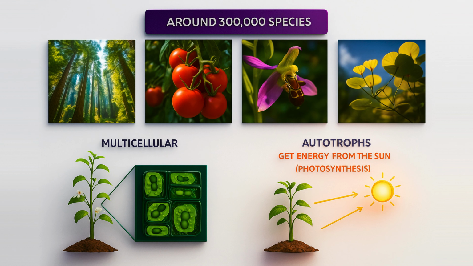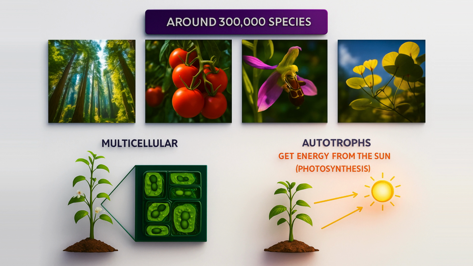Moving on to plants, this kingdom includes a wide range of organisms like redwood trees, bee orchids, tomato plants, and water lilies. There are an estimated 300,000 species of plants, and like animals, they are multicellular. However, unlike animals, plants are autotrophs, which means they produce their own energy from sunlight through the process of photosynthesis. Using structures called chloroplasts, plants do not need to consume other organisms to survive, which is a key difference from